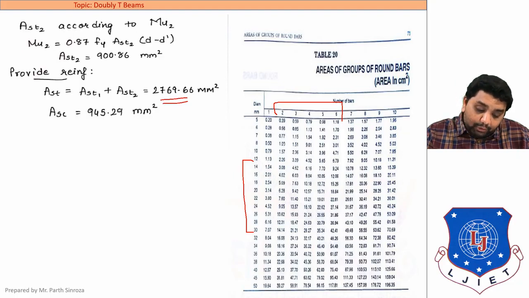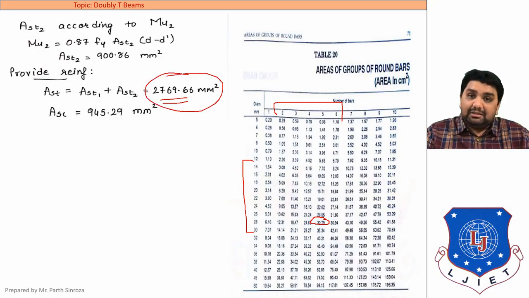So if we look further, we are getting AST equal to 2769.6 mm square, that means 27.69 centimeter square. So here, if we look upon 27.69, the value that is obtained nearest is 30.79. So you could provide this. It is not mandated to provide this value only. You just need to remember that whichever value you choose from this table should be greater than this value and should be within this matrix only. Clear? So you can select any value, but this criterion needs to be matched.